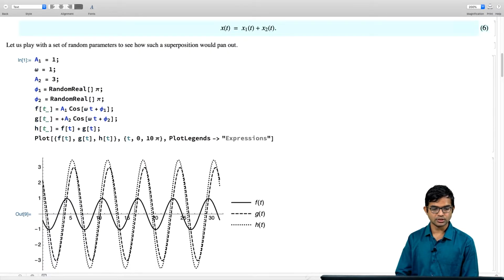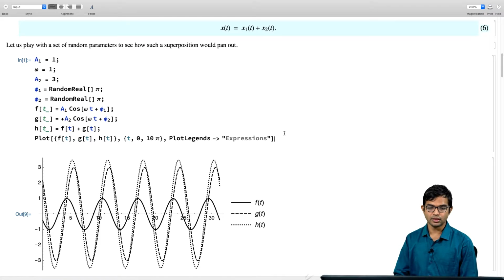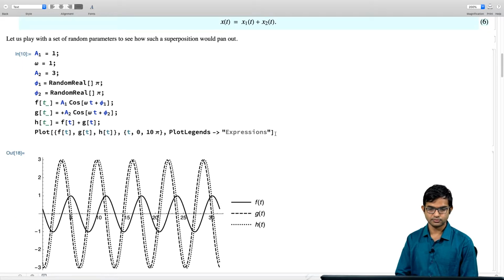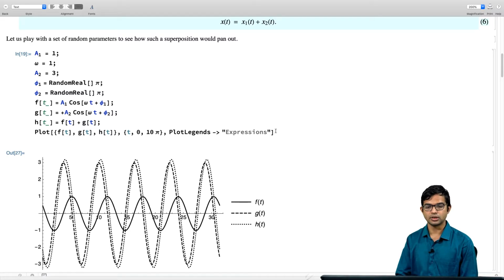So if I plot this, I have function 1, function 2, and also the sum of these two functions. If I do it again, it looks something like this. If I do it a third time, and so on, right? I can play this game. So f is the solid line, g is this dashed line, but bigger dashes, and the smallest dashes are the final sum.